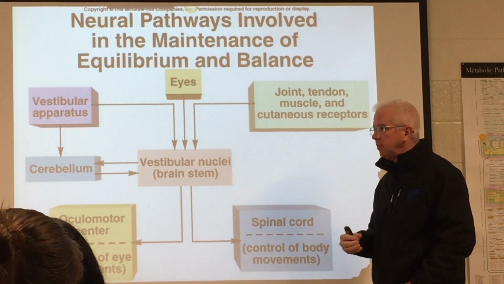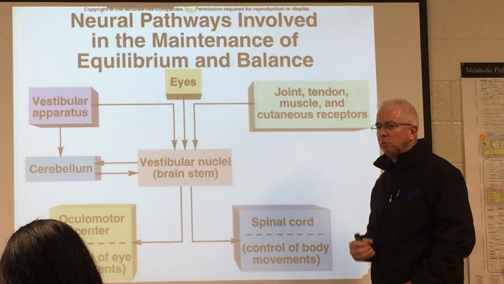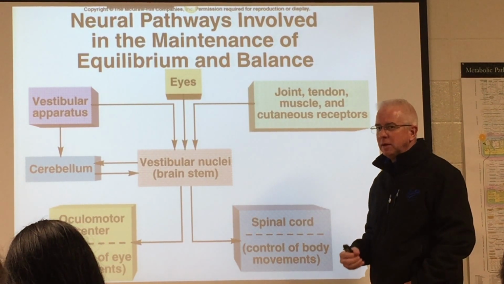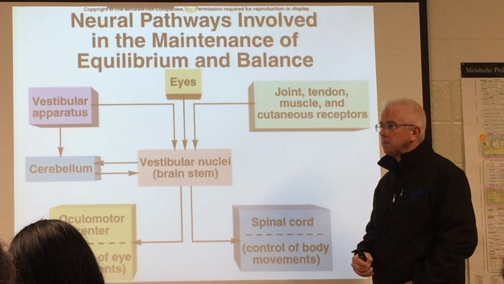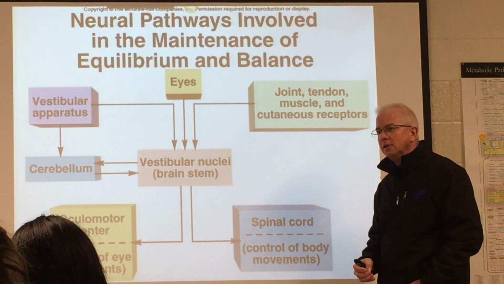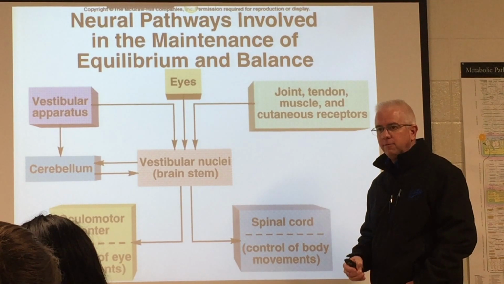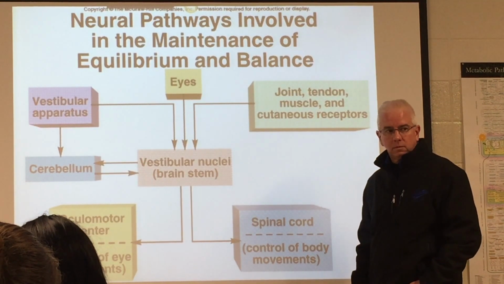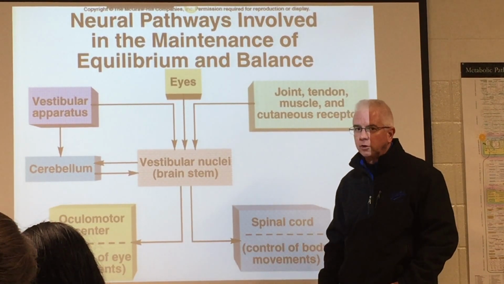So really, if I think about the vestibular nuclei influencing the movement of my eyes, then I have to get to places in the brain that feed information to 3 different cranial nerves. And you named one of them, cranial nerve 3. What are the other 2? What did you say? Okay, but I need names if you don't mind. He said the name for cranial nerve 3 is the oculomotor. 4 is the trochlear. 6 is the abducens. Okay, so the oculomotor center is going to use those 3 cranial nerves to move your